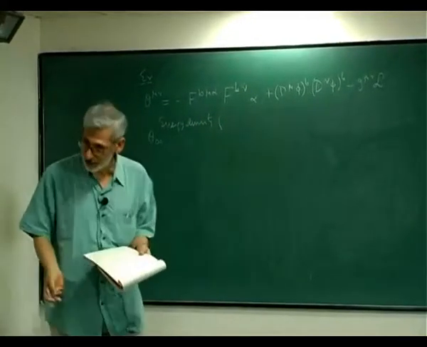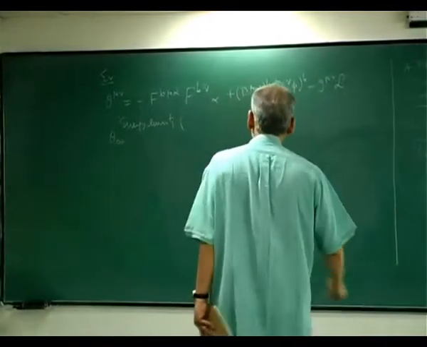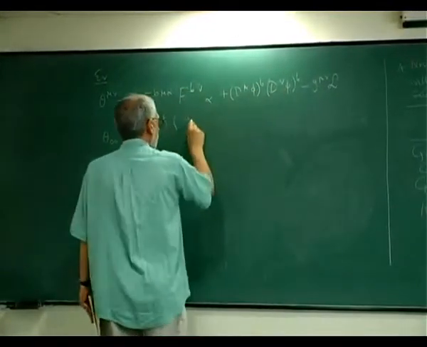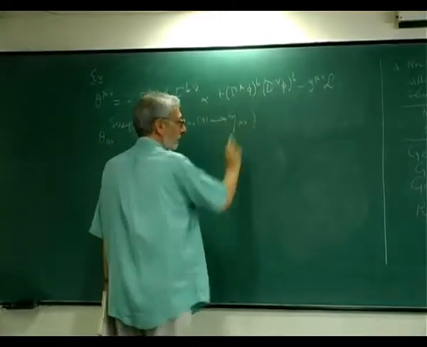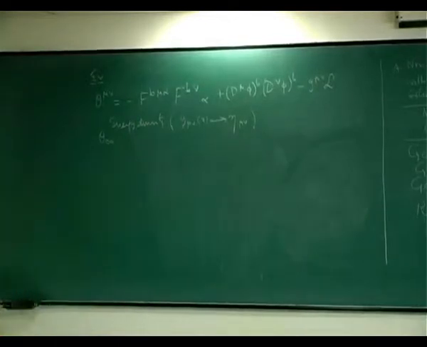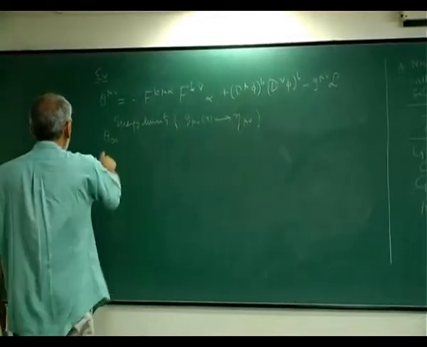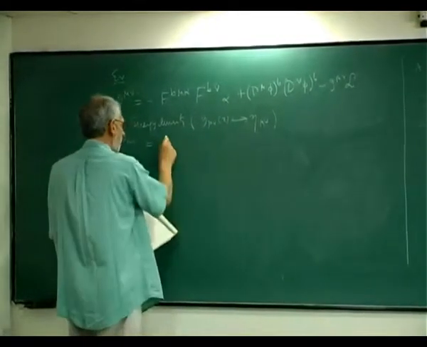And since we are working in flat space time, now you put g mu nu back in equal to eta mu nu. So that gives you the theta 0, 0 component gives the energy density. And if you do this algebra, the answer is